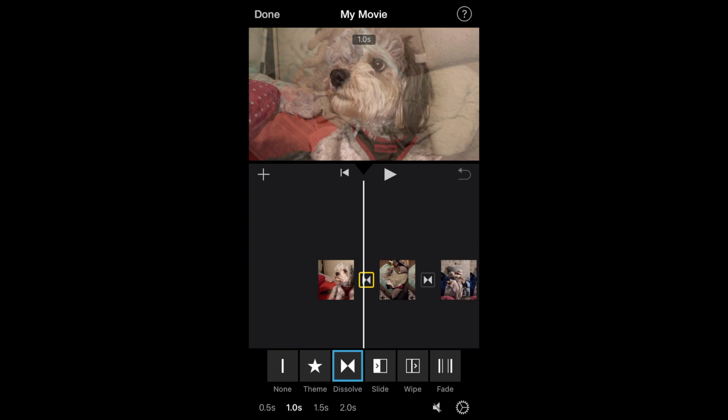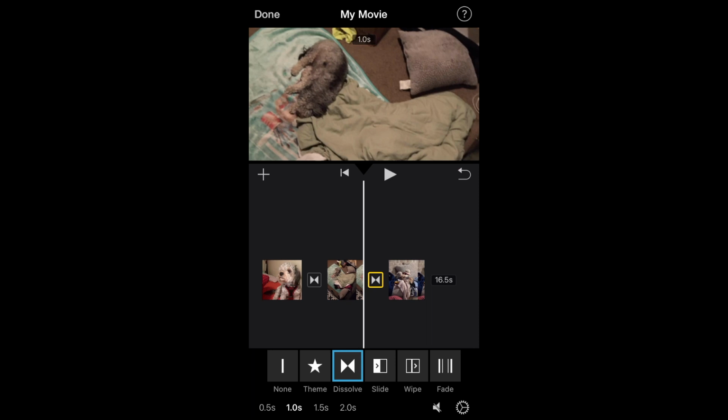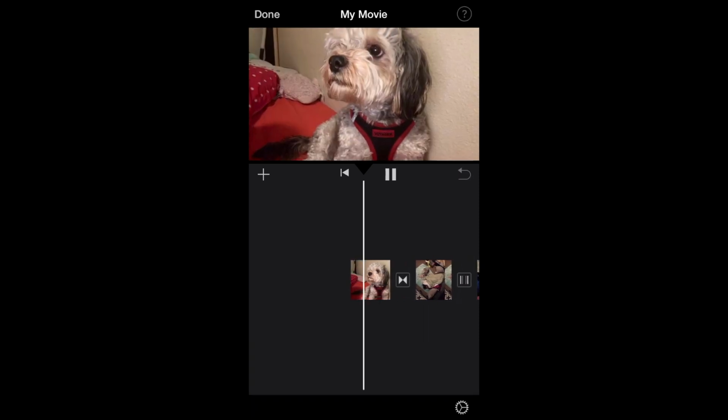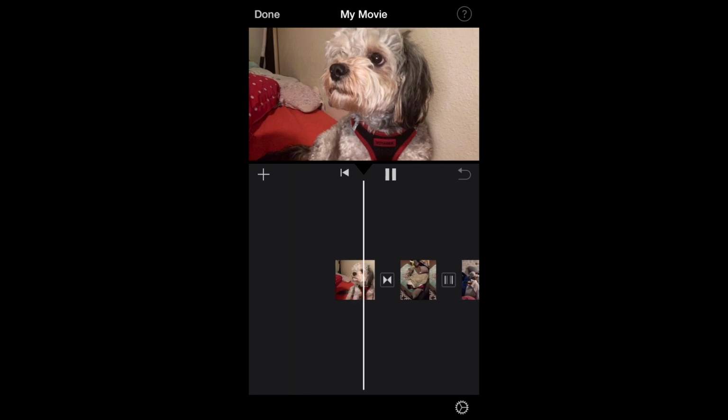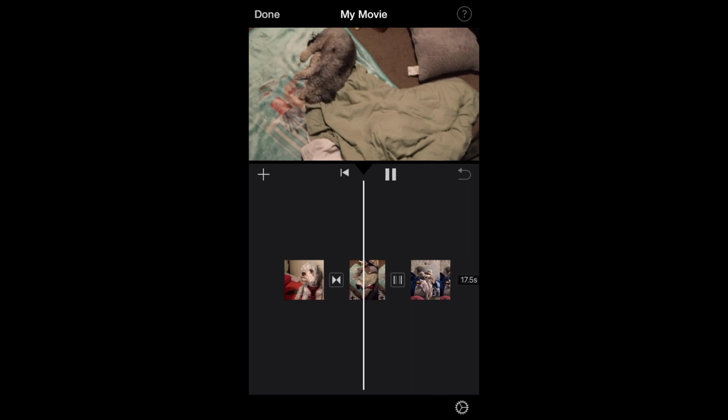So you can choose, as you can see here at the bottom when you click on it, it shows either no transition, theme, dissolve, slide, swipe, wipe, or fade. And you can just play with those. So I think I'm just going to stay with that one, and then the other one I'm just going to put fade. So let's just play that and see how they work. So that one's dissolve,